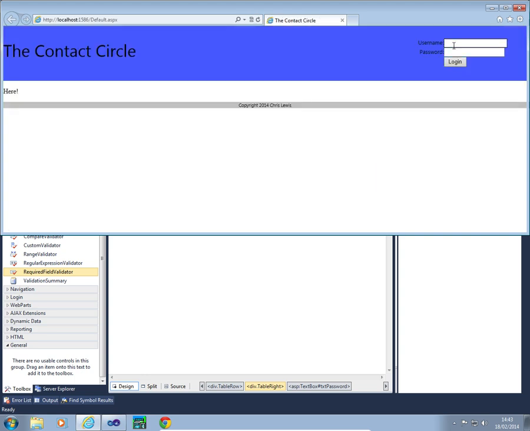So now I can type in a username and I type in a password and it doesn't come up on the screen. This being a newer browser, I can actually choose to view my password, I think this is version 11 of Internet Explorer, by clicking a button, but that's just built in. And I've got a login button as well, which works. I can remember a password. If I leave something blank,